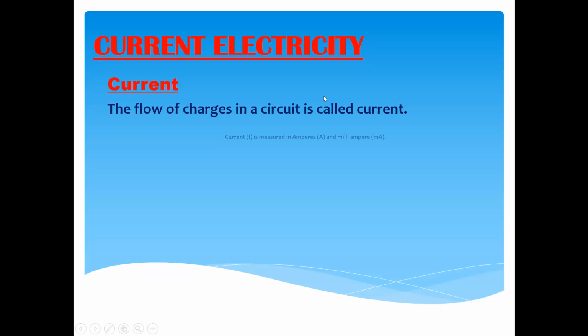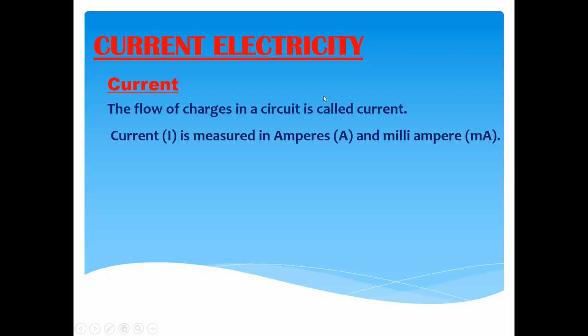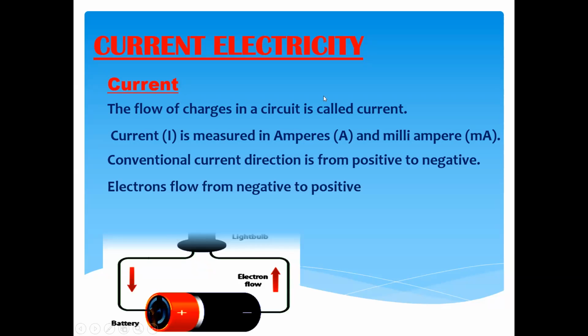Today we'll discuss the topic current, voltage, and resistance. Quickly, we'll go through what is current, or electric current. Current is basically the flow of the charges, like how many charges are moving in 1 second. The SI unit of the current is ampere, and we can represent the direction of conventional current, that is always